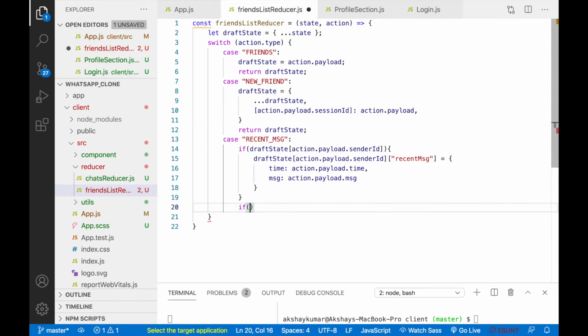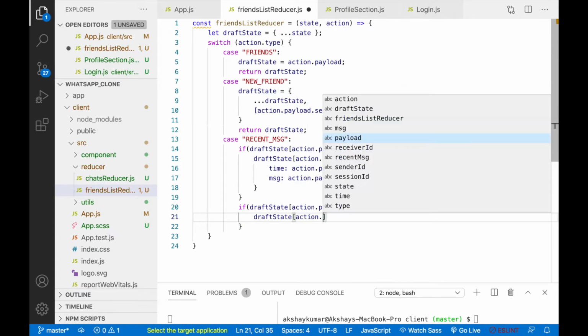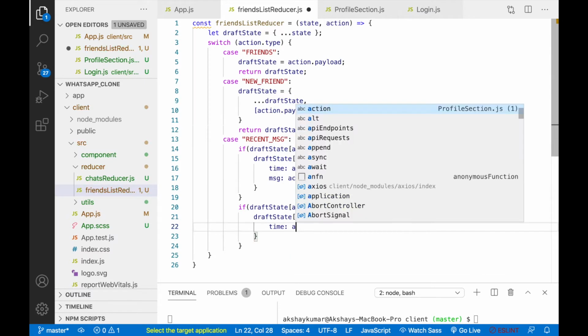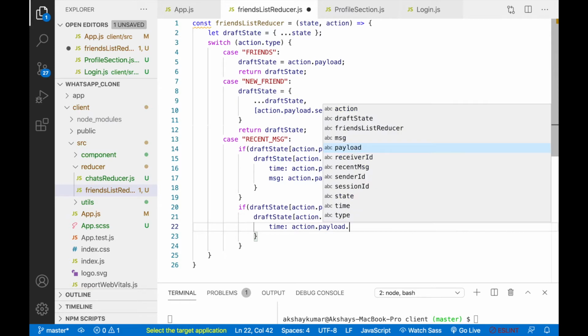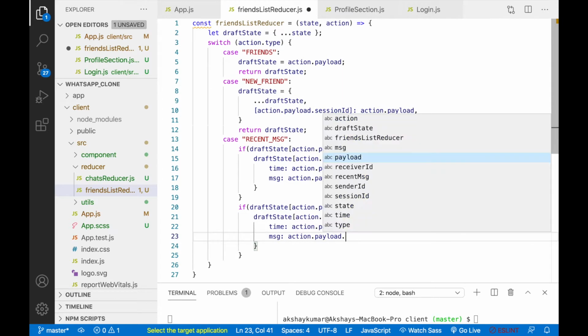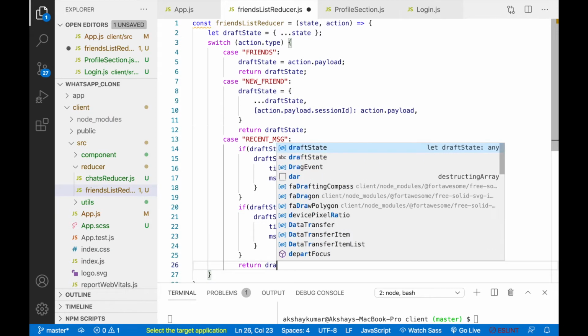We'll write one more if condition, that will be draftState action dot payload dot receiverID. If this is there, then we'll write draftState action dot payload dot receiverID. We'll set recentMessage here and we'll create one object: time is action dot payload dot time and message is action dot payload dot message. After this we'll simply return draftState.